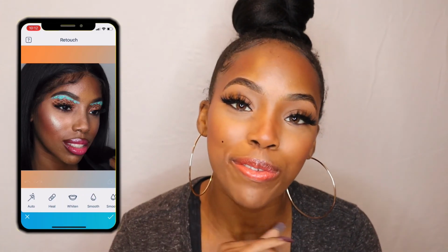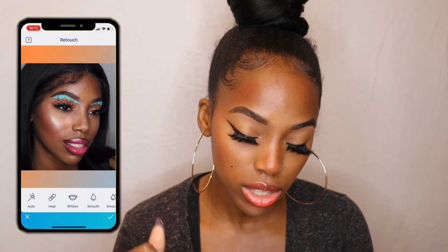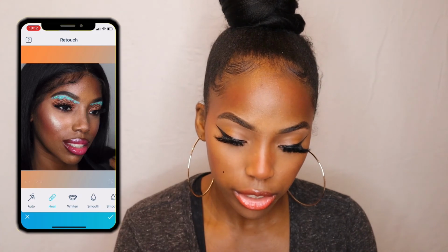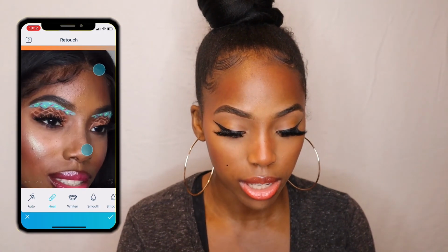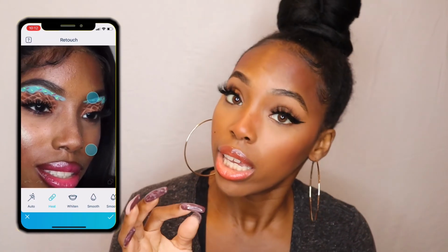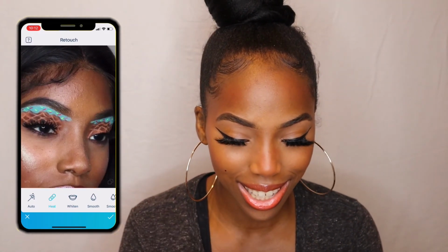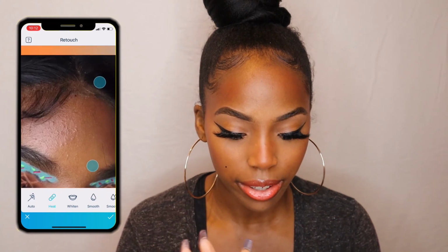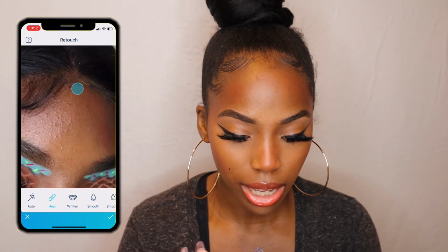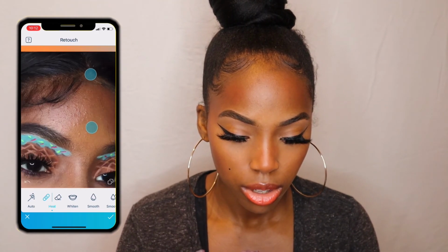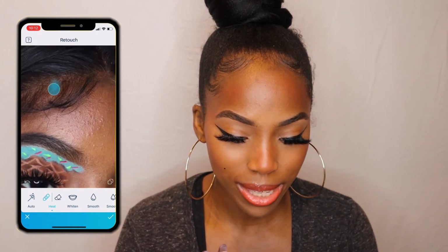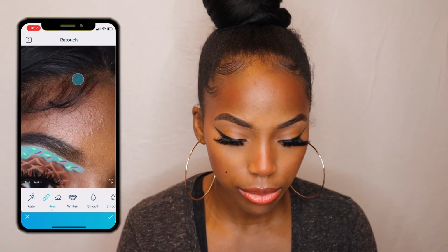And my favorite thing to do that we always do first is the heal. That will literally heal any little blemishes, anything that you want to fix. And my favorite thing to fix is the lace. As you can see right here, that is not blended. We're gonna melt that. Boom. Okay, going from scalp now. Just a little right there,